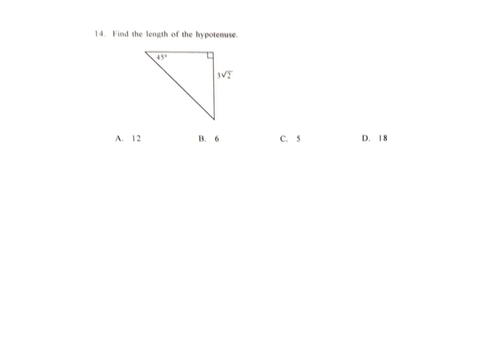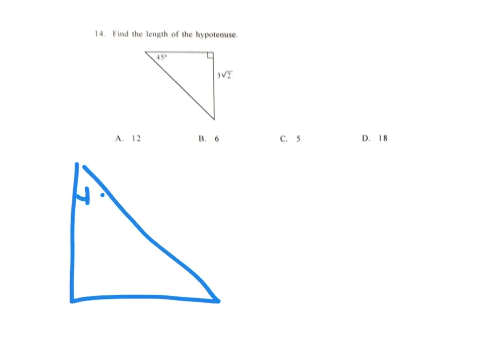All right, we are looking at try 3 final review, numbers 14, 15, and 16. We're talking about 45, 45, 90 triangles and 30, 60, 90. We're going to start with 45, 45, 90. Remember that they have two 45-degree angles,